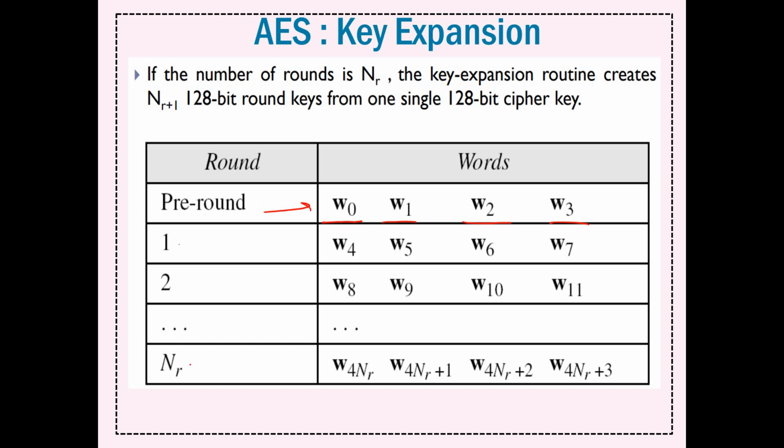Now if you observe, for round 1 to round Nr, that is 4, 5, 6, 7, these are combinations of words W0, W1, W2, W3. Understood? This is my initial seed. These 4 words, W0, W1, W2 and W3, are the initial values. Based on these initial values, the other set of keys will be generated. And if you observe over here,